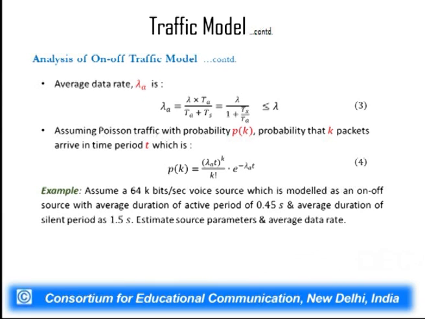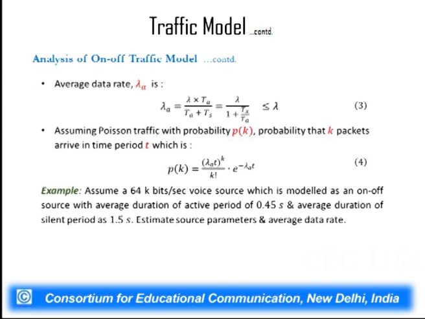Now, once we have the formulation for all these network parameters, you can try out the example given here. Assume a 64 kbps voice source. Again, remember that whenever there is a voice source, sound or video, it means we are dealing with multimedia traffic. So say some amount of data is coming from a voice source that is modeled